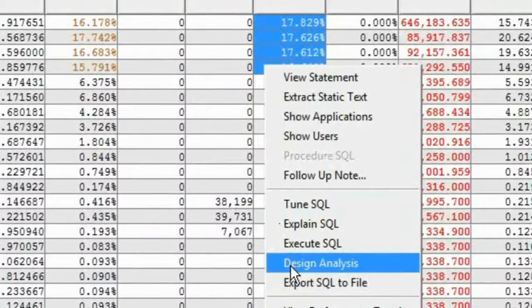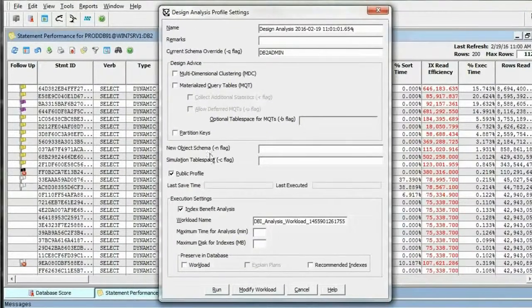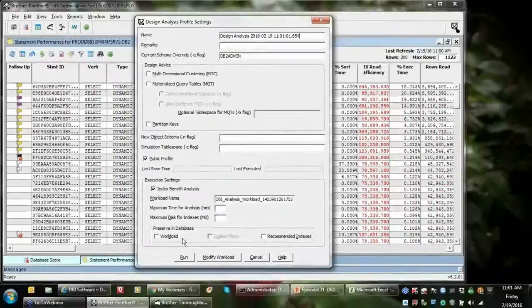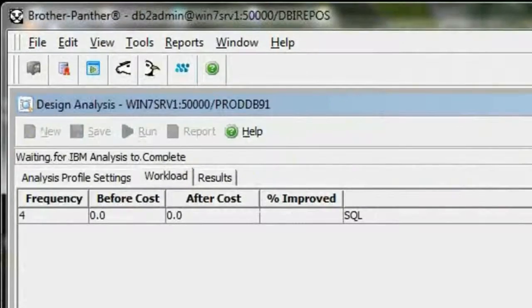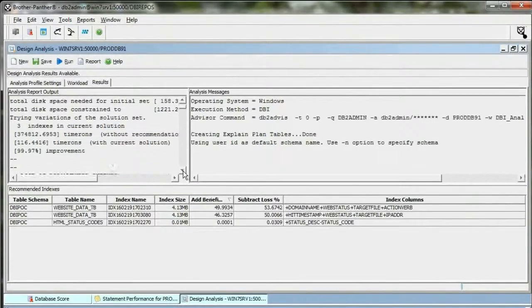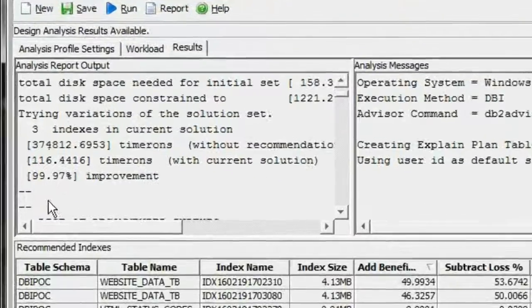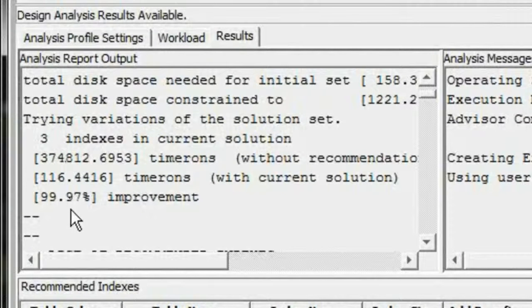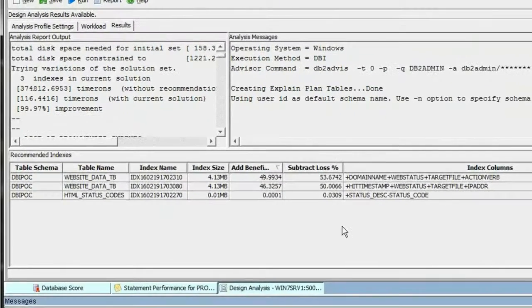I can pass those as a workload to the design advisor and apply DBI's advanced index benefit analysis methodology. So here's an I/O bound database, 2/3 of all the I/O in 4 statements. We're waiting for the answer here. Oh, outstanding. And we can see we're going to get from 374,000 timerons down to 116 for a 99% improvement. Here are the indexes that we have the opportunity to create, and we can see the benefit of each